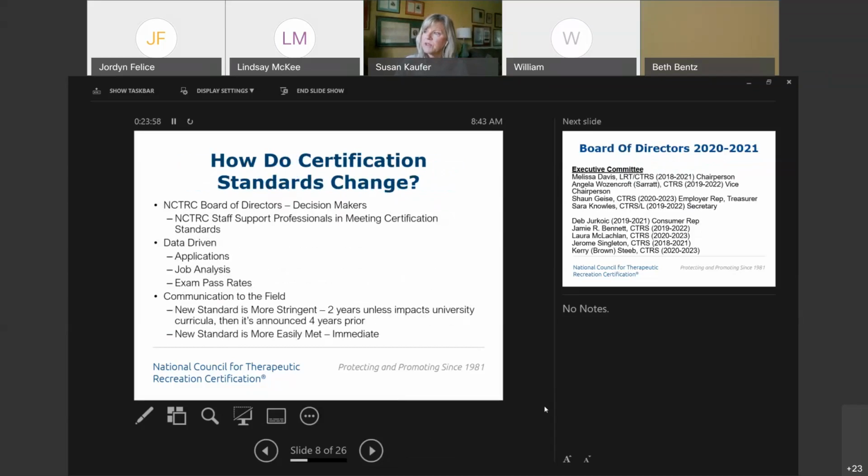So how do the certification standards change? What is this all about? Earlier in the presentation, I read a disclaimer talking about how we wanted to make sure that anyone listening to this presentation has a firm understanding that we are talking about certification standards for this date.